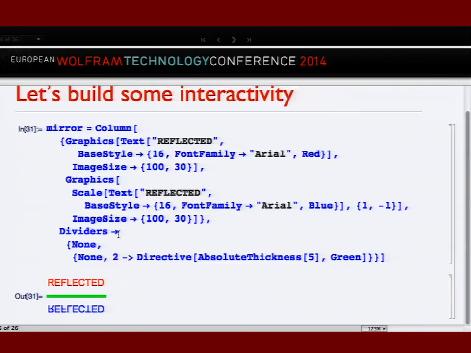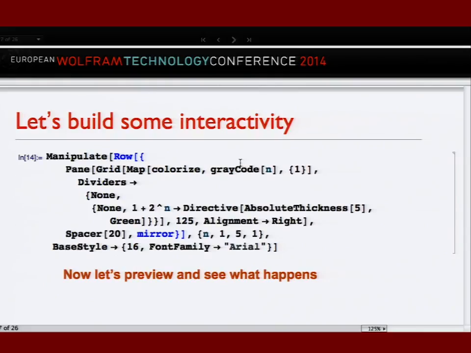There's nothing particularly challenging about this. The upside down thing was just a particular use of scale with the 2 arguments there to get it to flip the way that I wanted it. Aside from that, it's just 2 graphics that are in a column. It's going to line up directly with our grid. So let's take a look at